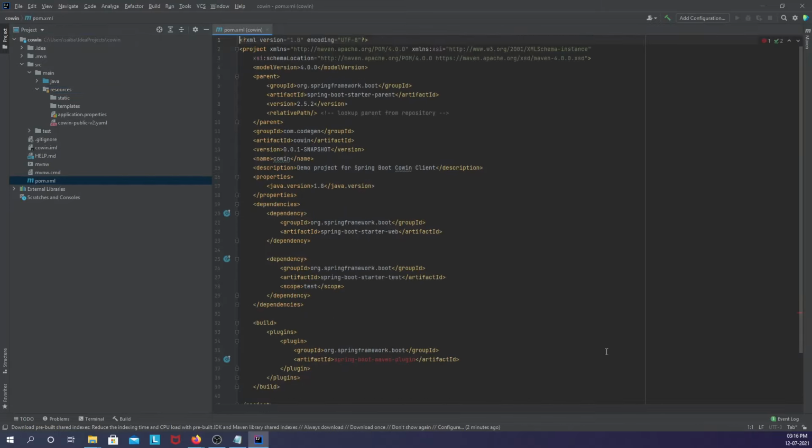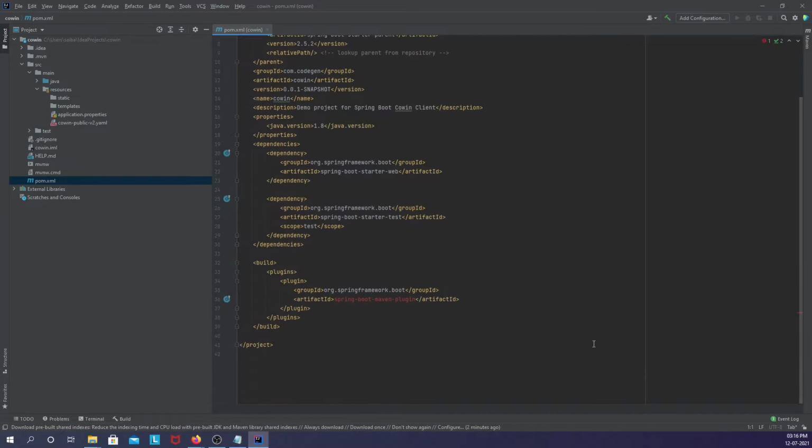Now we need to be able to generate the client logic and also the model or the DTOs, right, associated to the APIs in the documentation representation for the Covin APIs. We can do this with the help of a plugin, which is the Swagger CodeGen Maven plugin. With the help of that, we can generate the consumer or the client logic for the Covin APIs. Since this is a plugin, we need to include it in the build plugin section.